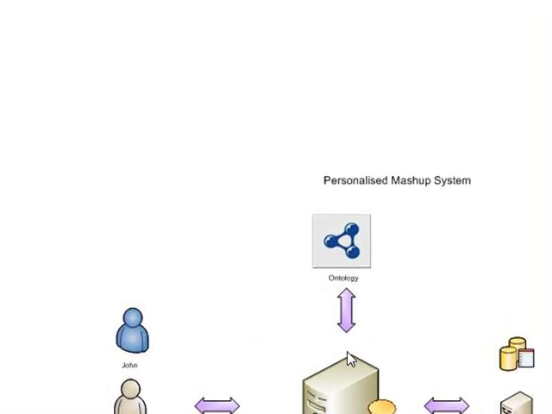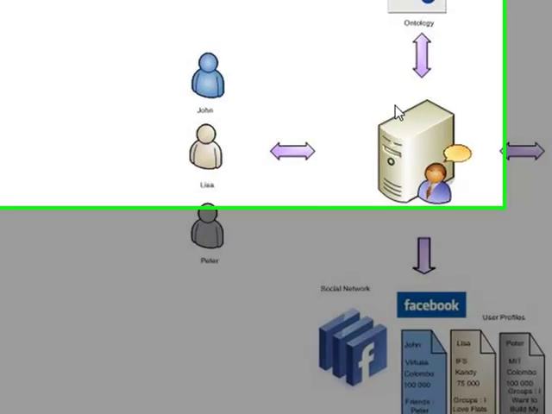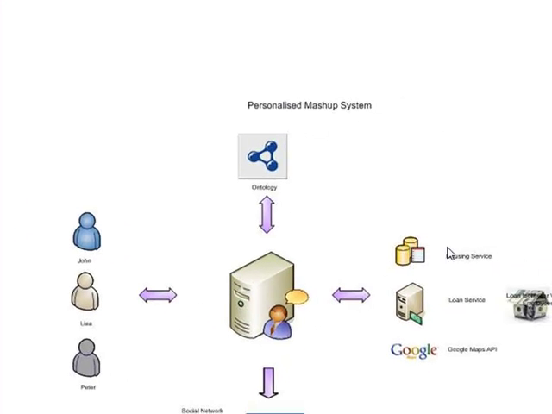Here the ontology represents the domain knowledge of the mashup system, domain knowledge relevant to the housing domain. So based on the obtained user information, user preferences are inferred through ontology inference, and based on these user preferences, personalized housing information or personalized loan information related to the housing domain is obtained, and the obtained personalized information is presented to the user by using the Google Maps API.